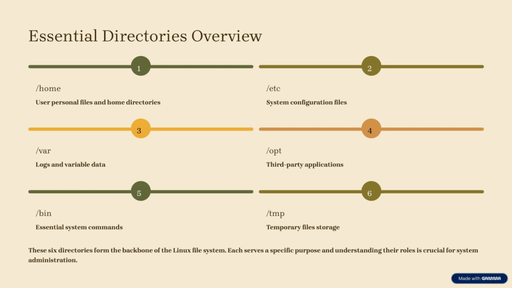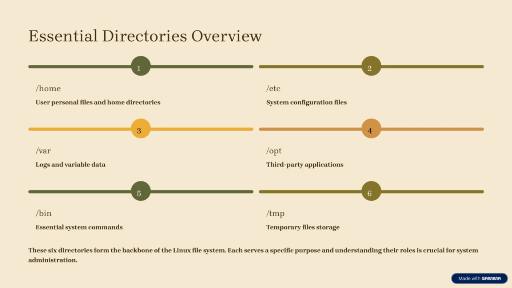Then we have /opt, which is used for third-party applications, software that's added beyond the core system. The /var directory is where logs and variable data are stored, making it vital for troubleshooting and system monitoring. The /etc directory holds system configuration files, which control how the system and applications behave. And finally, the /home directory is where user personal files and home directories are kept, giving each user a dedicated space. Understanding these directories helps us navigate and manage the system more effectively, tying into the overall theme of mastering